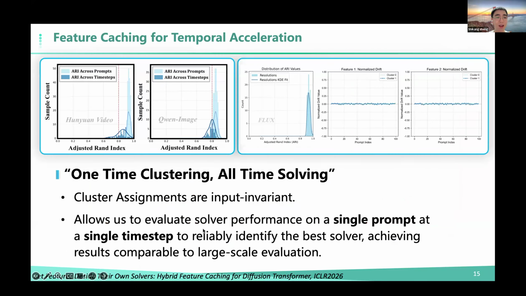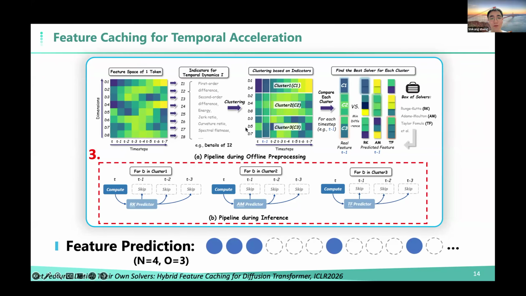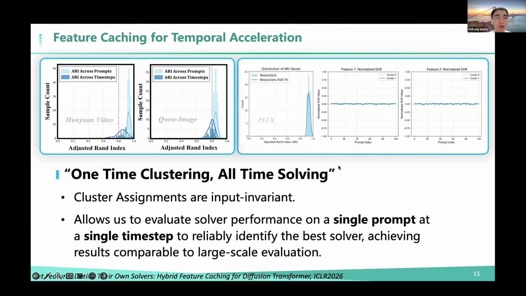So what we found interesting is that, in the last PowerPoint, as you can see, if we want to do a fast inference, we cannot do this clustering and all of these analyses during the inference because it takes a lot of time. For example, k-means takes a lot of time to find the best cluster. But what we found interesting is that we can actually do a one-time clustering and all-time solving